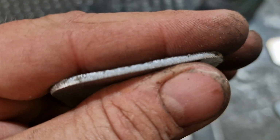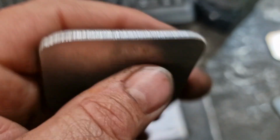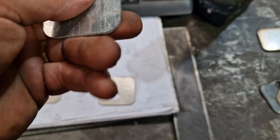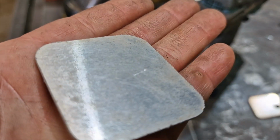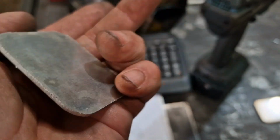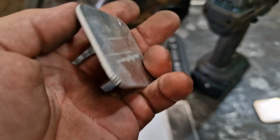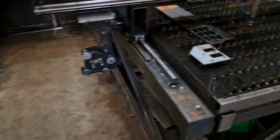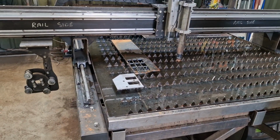No cleanup. That's the plasma marks there. Yeah. And there's another one. I mean, that is straight off the machine, look. No dross. That's the underside. And that's the upper side. No cleanup. The big surprise in all of this, as far as using nitrogen is concerned, is it seems the